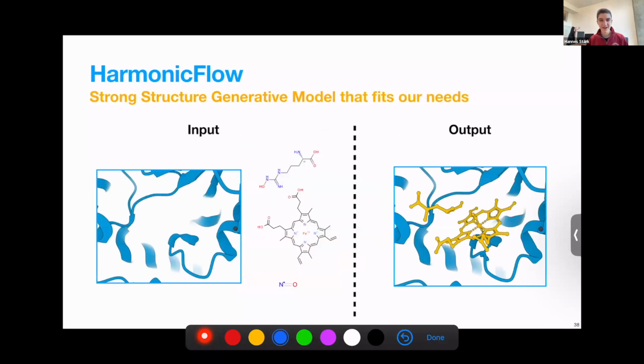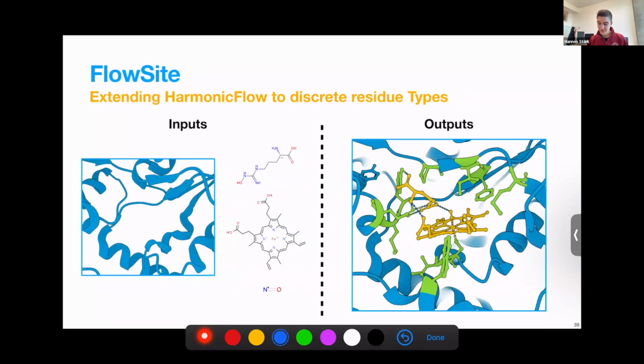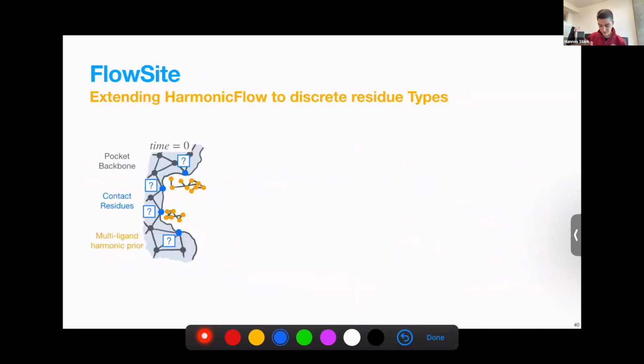Otherwise, right, we now looked at this harmonic flow thing, where we just generated binding structures. But what we were actually interested in was predicting these discrete residue types. So now we will very quickly, because it's really super simple, and this is sort of what I like about this FlowSite setup, that it's a very simple setup for generating discrete and continuous data at the same time. And the way I will explain it is by first again going over the structure generation and putting it into this language,